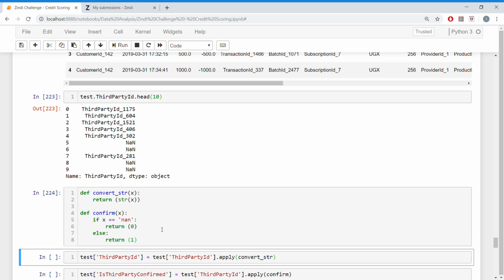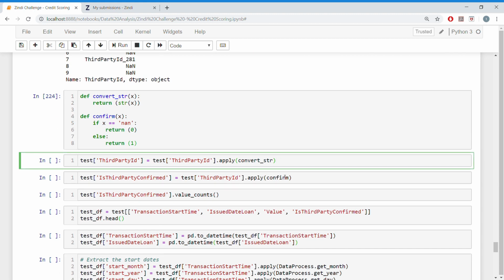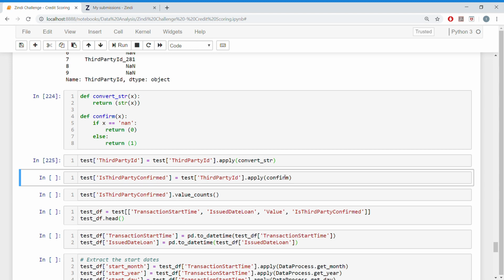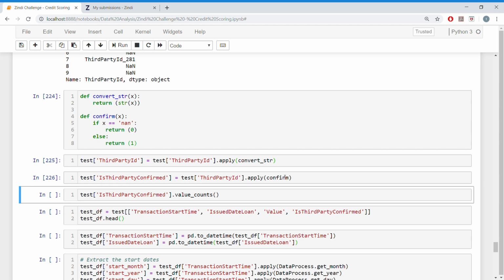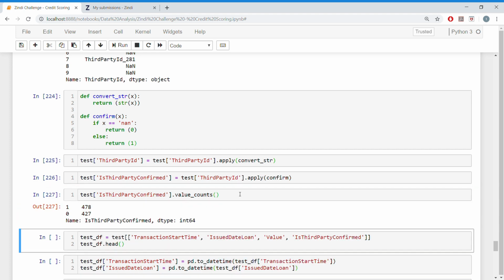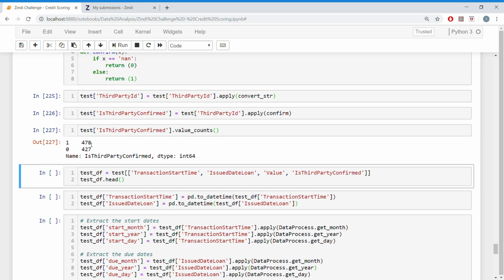Right, and so this is why I convert all the inputs to strings, and then this is why I apply my confirm function, and I create this third party confirmed in the test data set, and then I do a count, and then I see that 478 means that there were third parties, and then 427 there were no third parties, right? So now that I have my